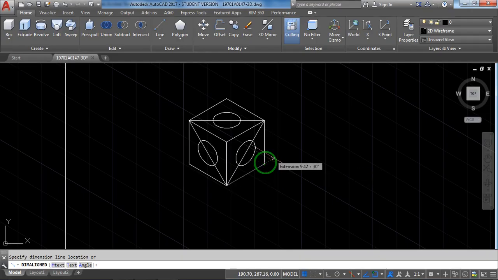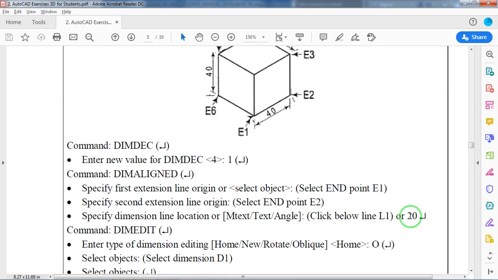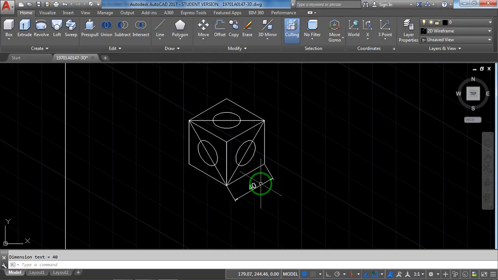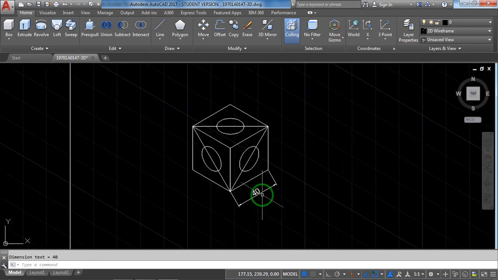Specify dimension line location, whatever this line L1 is, for that you are supposed to do 20, at 20 distance. Oops, I'm sorry, here I am in ISO left, but I am doing dimension for ISO right.